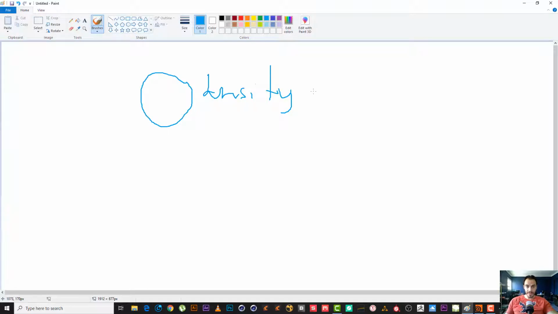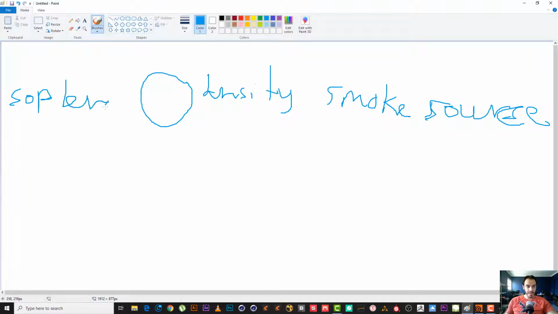So the first step is the smoke sourcing. Okay, the smoke source. So the first step is the smoke source. After we make the sourcing, and of course this will be in the sub level, okay. The second step